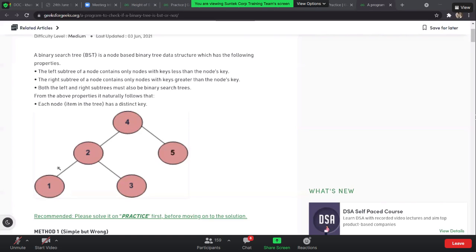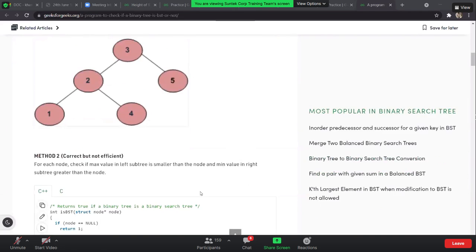Okay, so what we can conclude from this is, if we have a look at the in order traversal, it should be left, root, and right. The left, root, then right, then left side we have covered, root is 4, 5. So basically it's 1, 2, 3, 4, 5, right? So if we have a look at the in order traversal, and if it's in the ascending order, definitely it's going to be a BST.